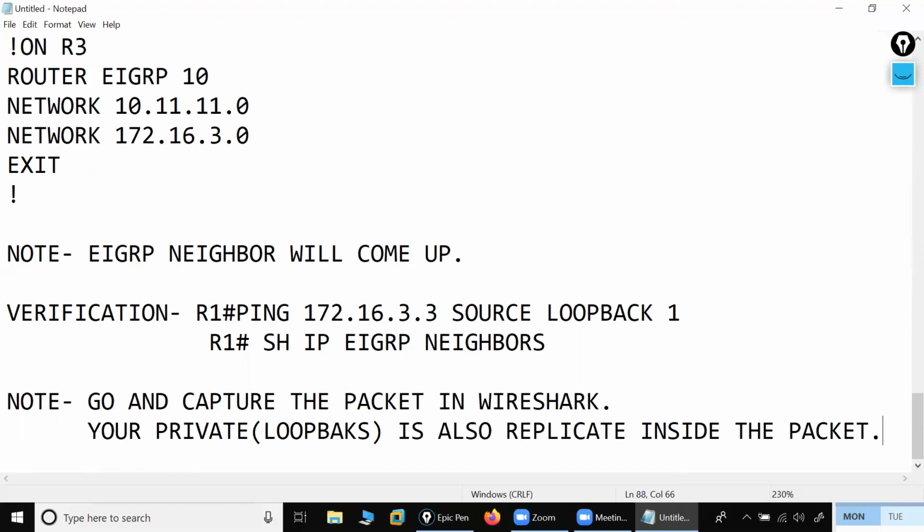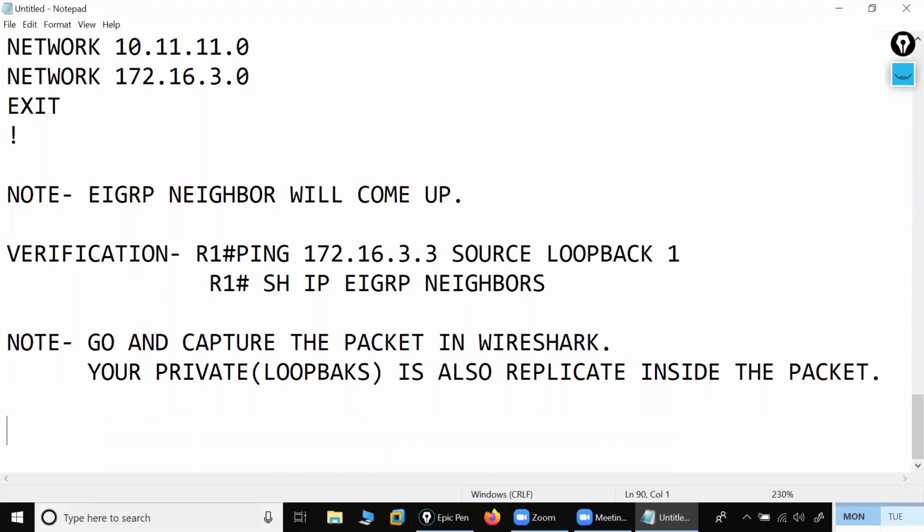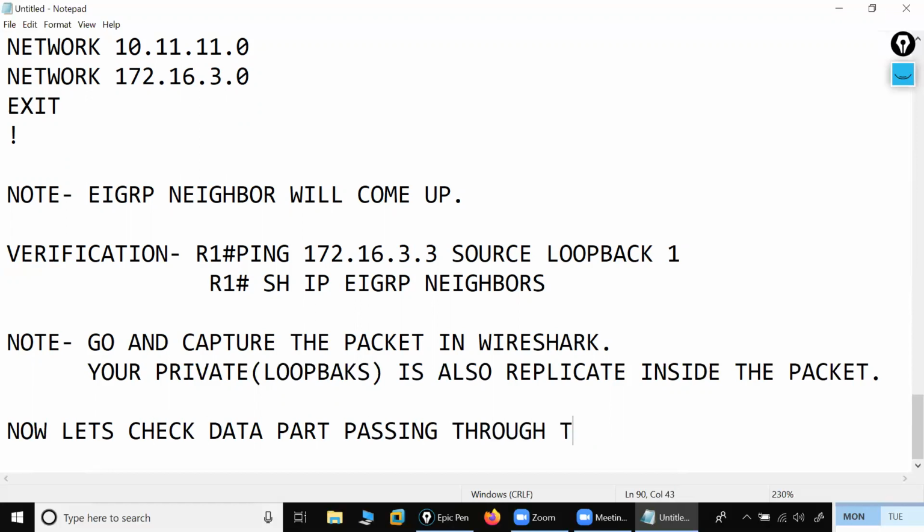So after using that part, what you will do now, you will check that protocol, you will find here what you will get inside. When you check inside your Wireshark, you will find here. Now let's check data. I'm writing points. So let's check data part passing through tunnel, where type